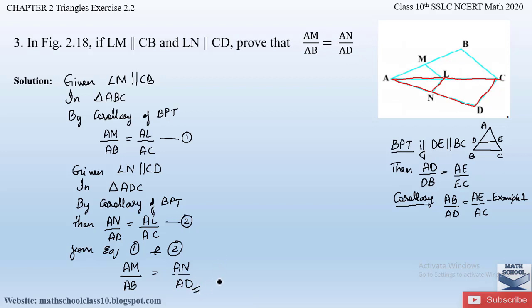Proving such kinds of problems is very easy if you know the theorem thoroughly. By just looking at the question, you will come to know which theorem should be applied. So here you have to just look at what is given and what you have to prove. By observing these two things, you will get an idea of which theorem to apply. You will know this only when you are well versed with the theorems. So hopefully you have understood this question.